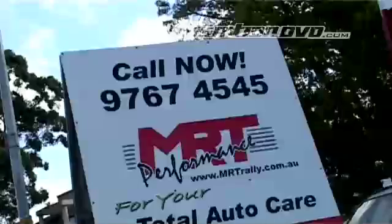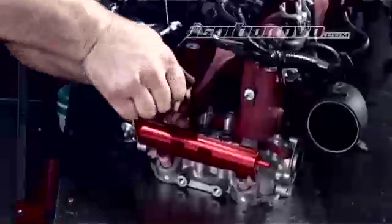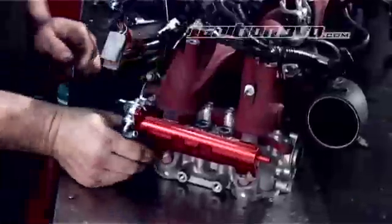This month we took Project STI to renowned Subaru specialist MRT Performance to have the fuel system upgraded. Hi, I'm Brett Middleton. This is MRT Performance. The installation of MRT spec fuel rails, fuel pump and surge tank are not horsepower increasing modifications, but were done